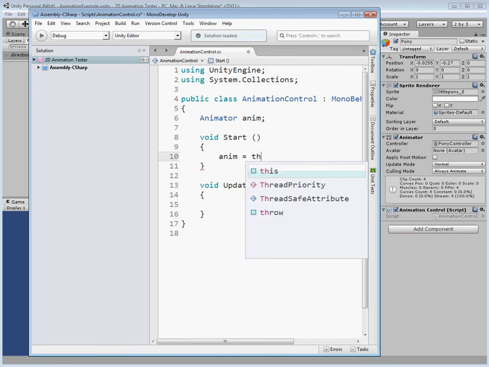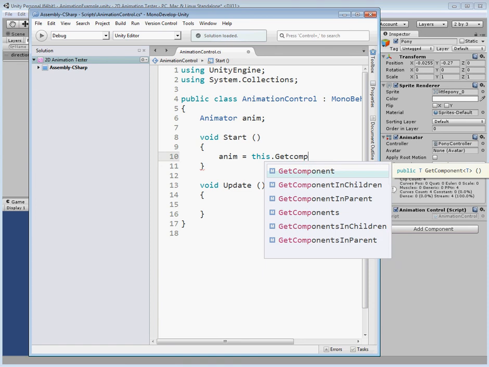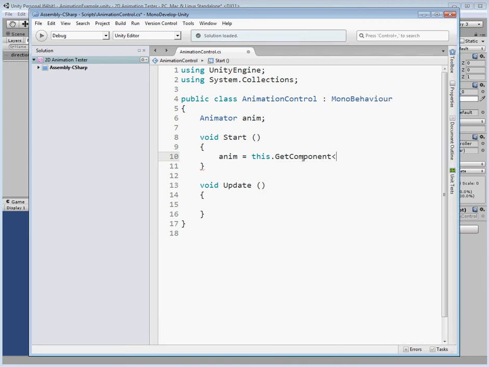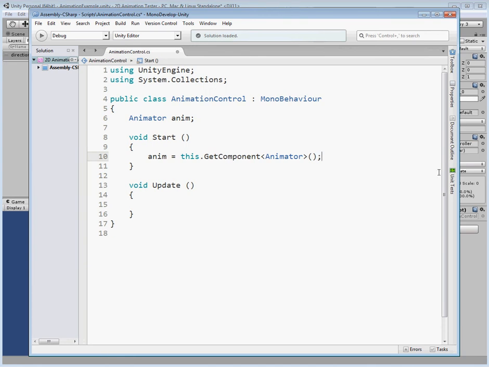So I'm going to say this.GetComponent, and it's of type Animator. It's weird syntax, but you just type it like that with the angle brackets and then regular parentheses. So now that we have this component,